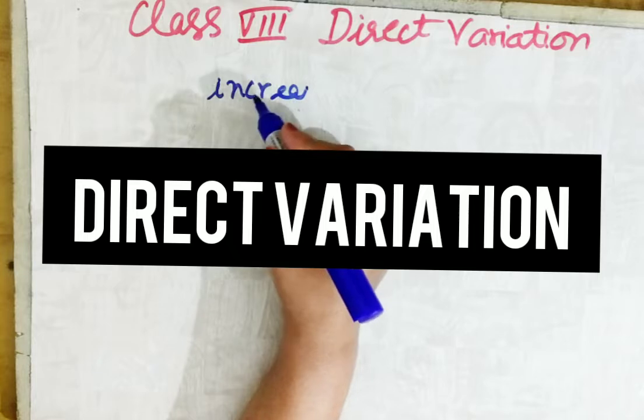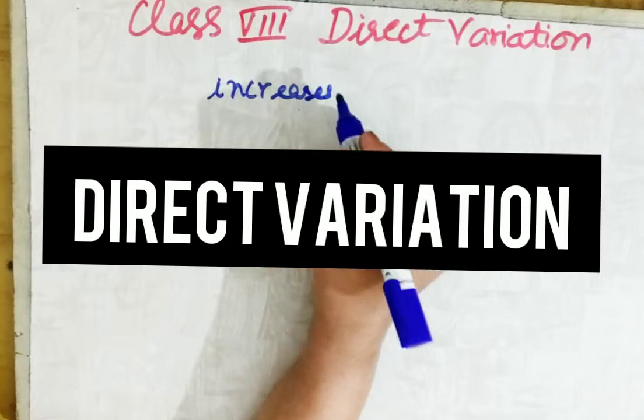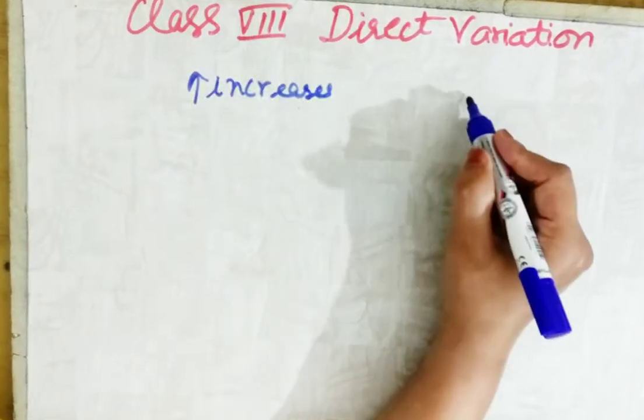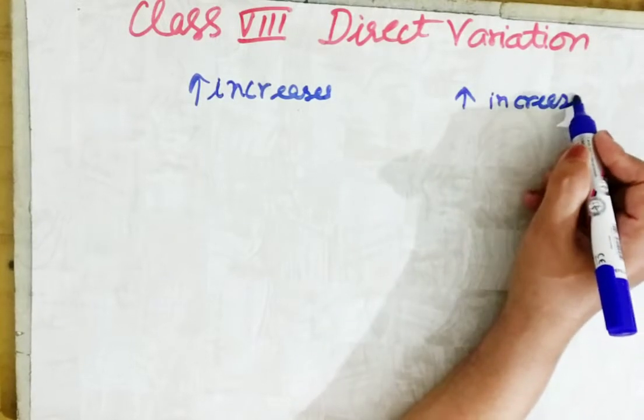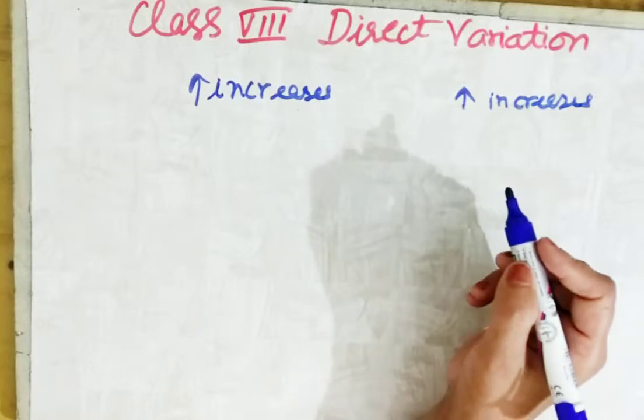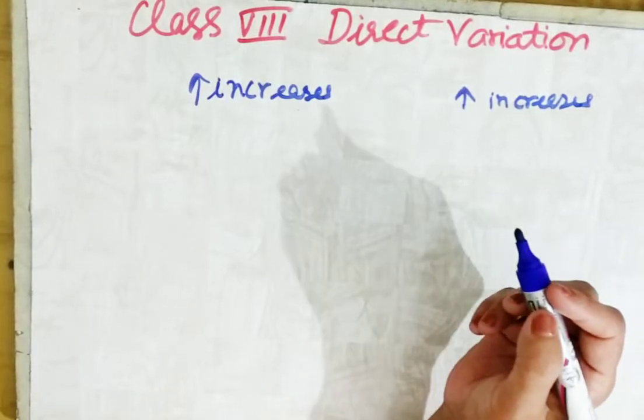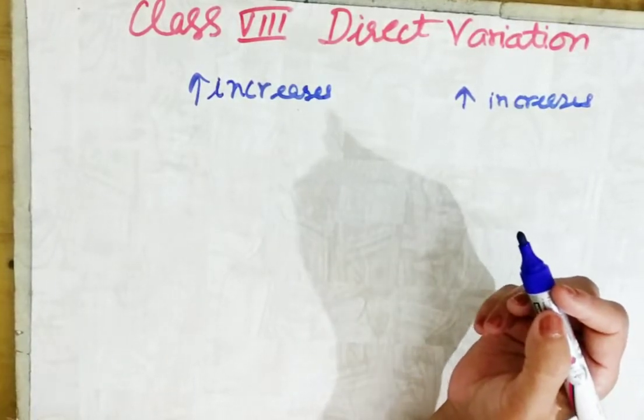If one thing is increasing and on the other side the other thing also increases, then that kind of variation is called direct variation. For example,